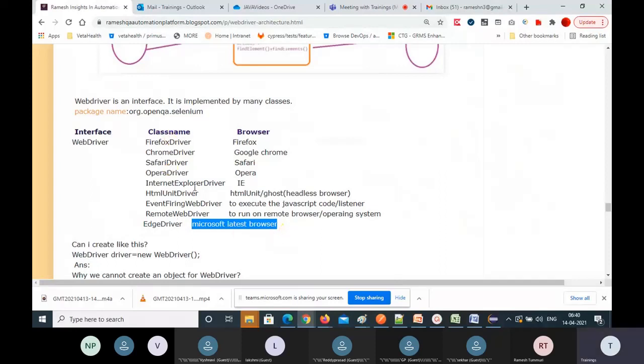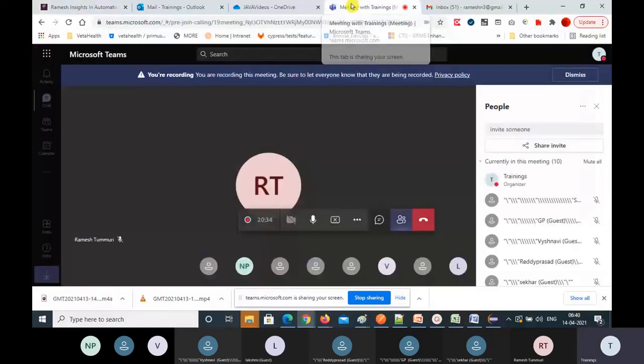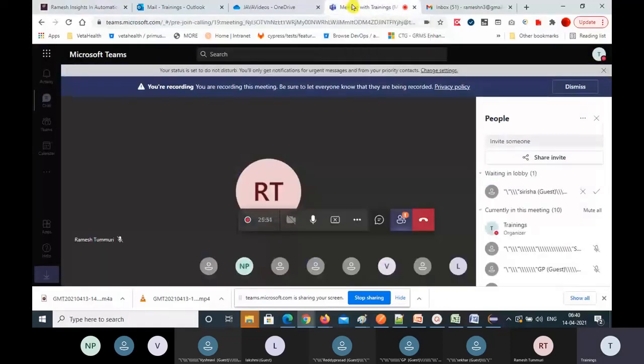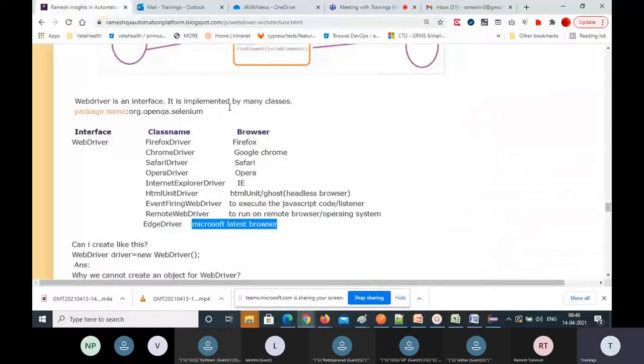These are the browser classes. Every browser has its own browser driver class, and inside those browser classes the WebDriver methods are implemented. Okay, that's the implementation, how it happened.